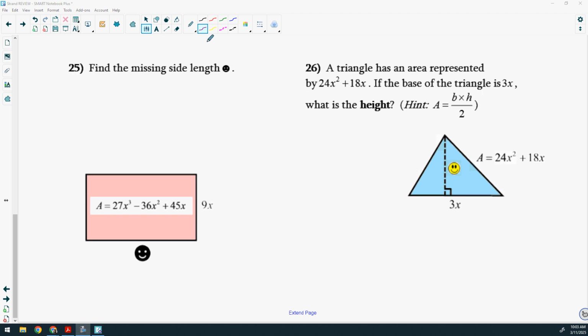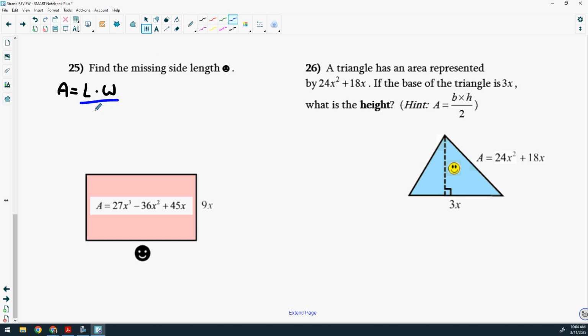Okay, question 25. Find the missing side length. So we have a rectangle here. We're given the area. The area is 27x cubed minus 36x squared plus 45x. Okay, so before we start working with the polynomials, let's just refresh and remember that area is really equal to length times width, right? Or another way to think about it is to say that our length